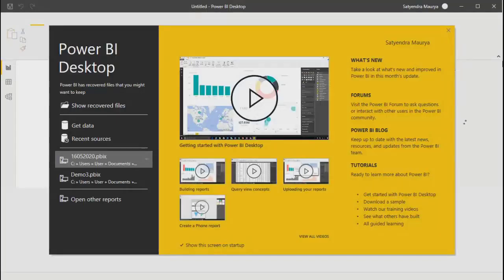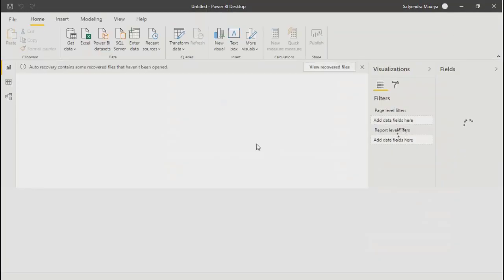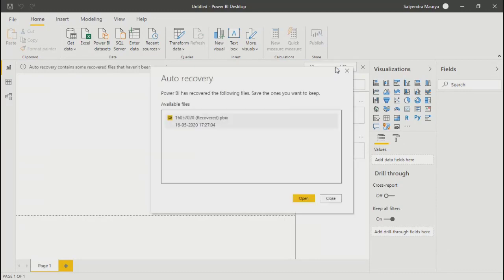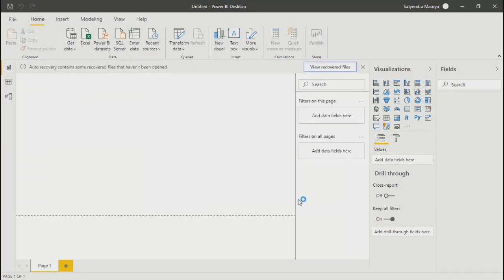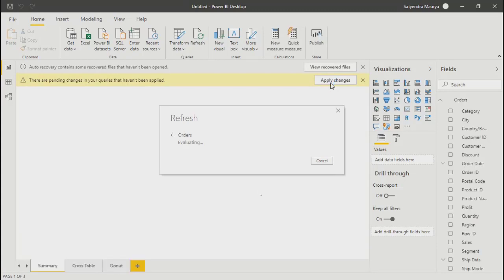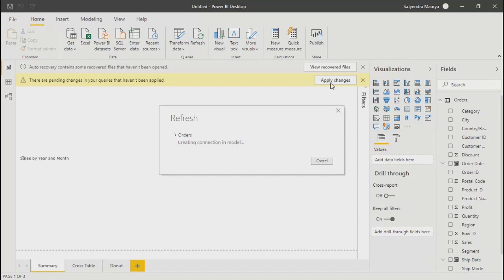View recovered files. So it is coming from the parameters only, right? Because we have linked our data. We saved long back, before creating parameters.